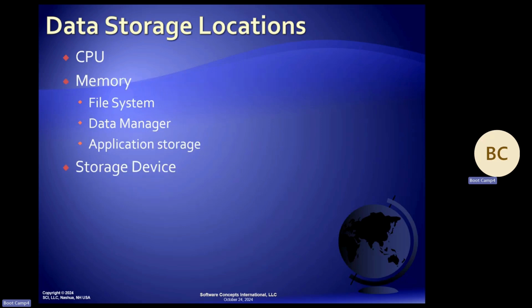Within memory, we might have data associated with the file system. So we've got buffers or caches associated with file system contents. Some sort of data manager might be involved. You might have a database, you might have RMS, something like that, cache,